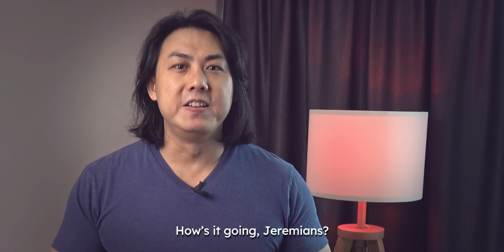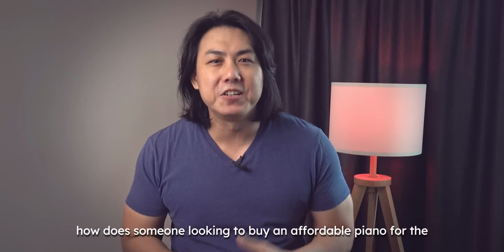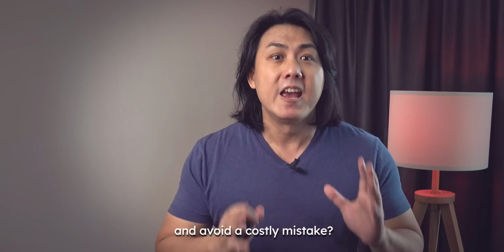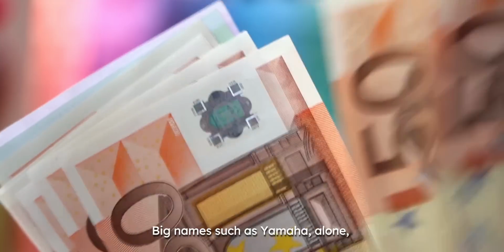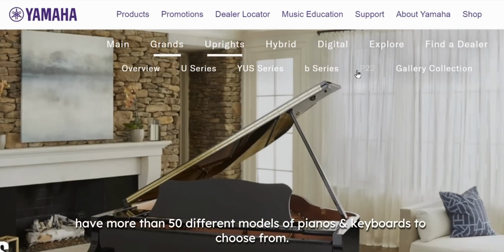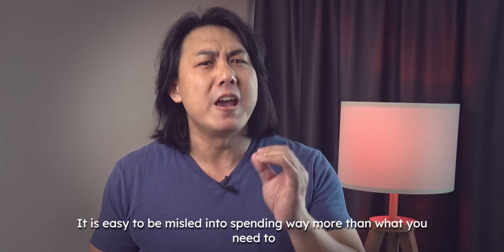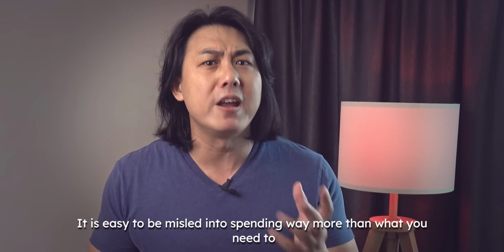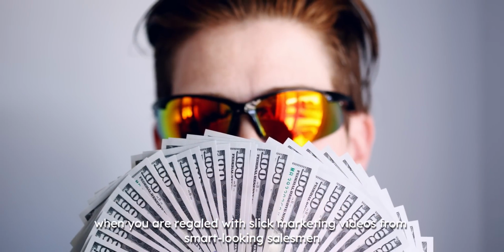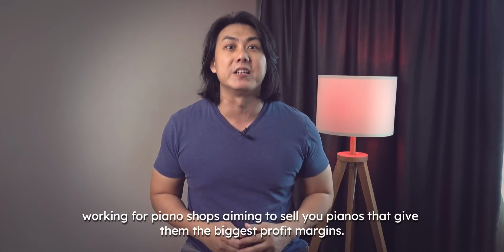How's it going, Jeremians? With more than 100 different piano models out there, how does someone looking to buy an affordable piano for the first time decide on which piano to get and avoid a costly mistake? Big names such as Yamaha alone have more than 50 different models of pianos and keyboards to choose from. It's easy to be misled into spending way more than what you need to when you are regaled with slick marketing videos from smart-looking salesmen working for piano shops aiming to sell you pianos that give them the biggest profit